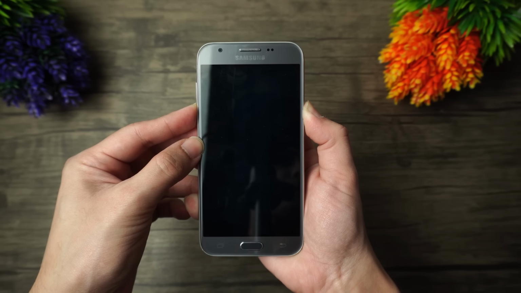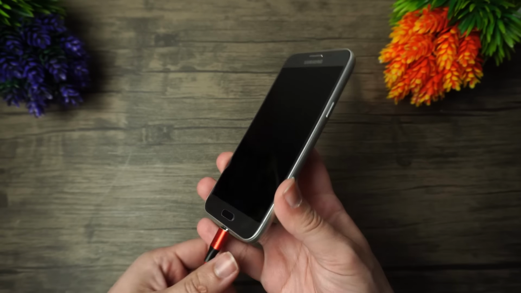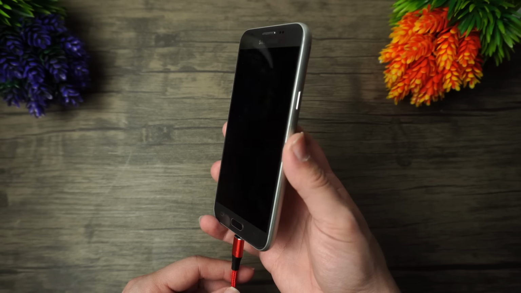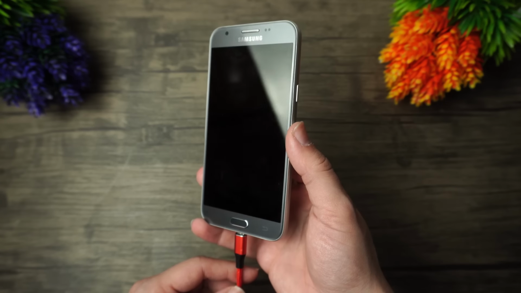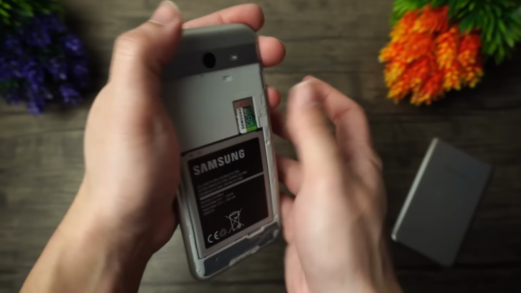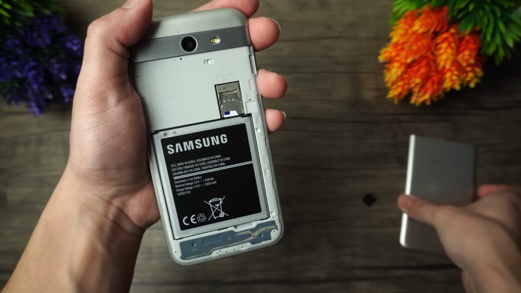And should the first two steps not work, just charge up your Android phone in order to get it out of the startup loop. You can also opt to use a different battery just in case your current one is the source of the issue. And if there is any hardware connected to it, such as a micro SD card for instance, just go ahead and remove that and then try to turn your phone back on again.